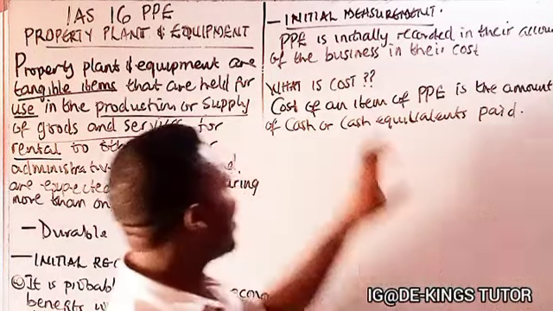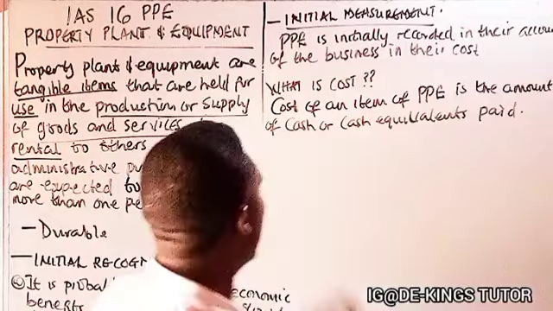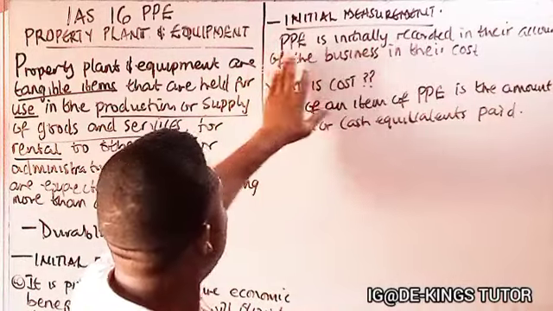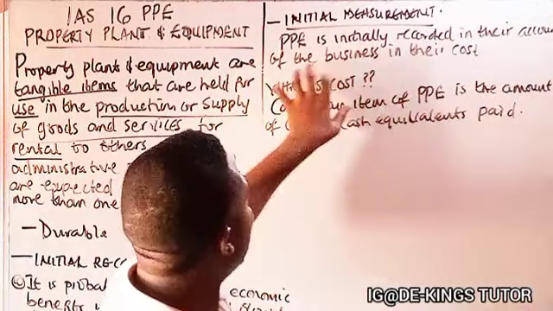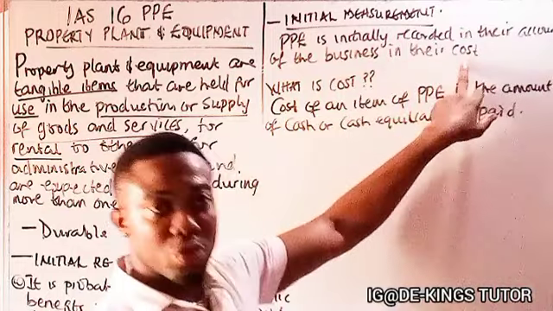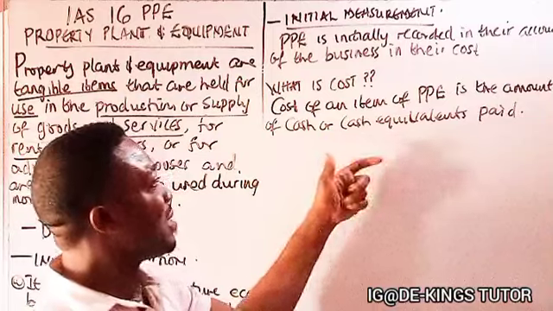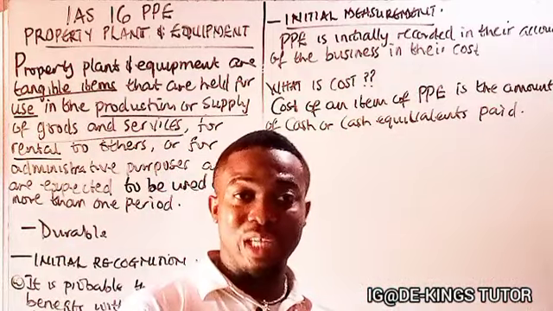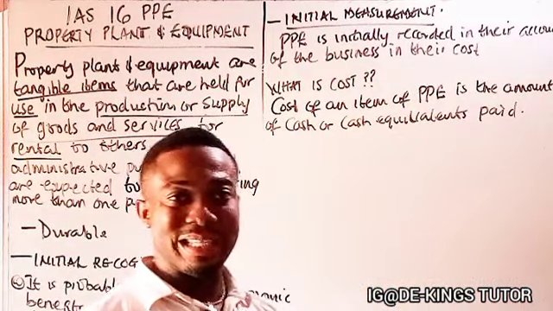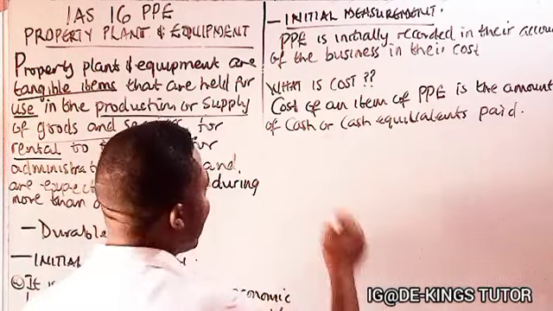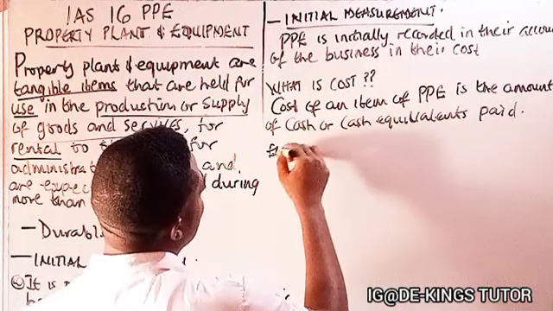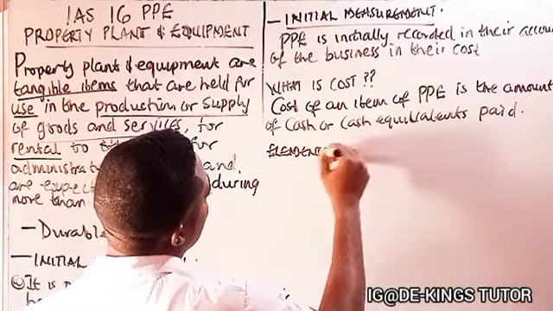Okay, so the initial measurement, we said the PPE is initially recorded in the account of the business in the what? Cost. So it is recorded in that amount that is paid as cash or cash equivalent to get that asset. Okay, so let's now see the elements of a cost,